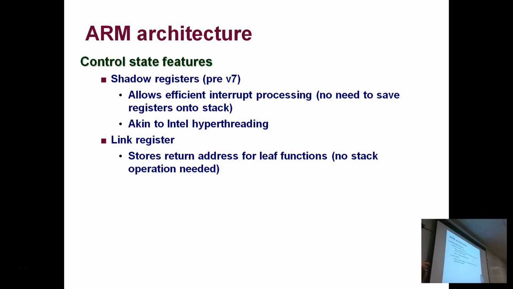Another interesting thing is this link register. When you do a call on x86, you're pushing the return address into memory. So this is an optimization to avoid that when you're in a leaf function. In a leaf function, you're always going to return back to the caller. So they have this link register, and they store the return address in the link register rather than onto the stack. And then when you hit that return, you just read what is in the link register and return from there.